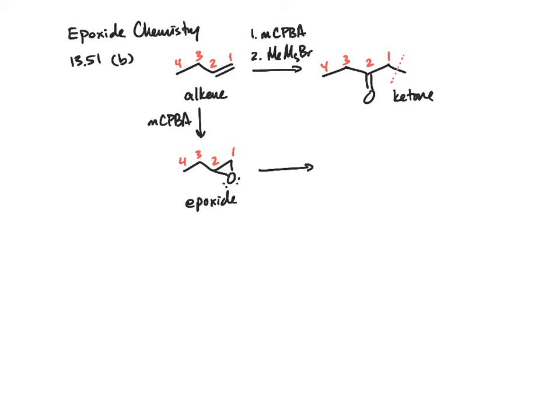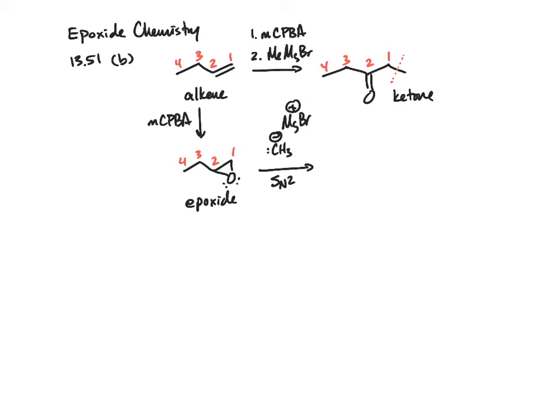In this case we have methyl minus, and your counter ion is the magnesium salt. You have a choice of which carbon can attack, 1 or 2. Since this is an SN2 reaction,